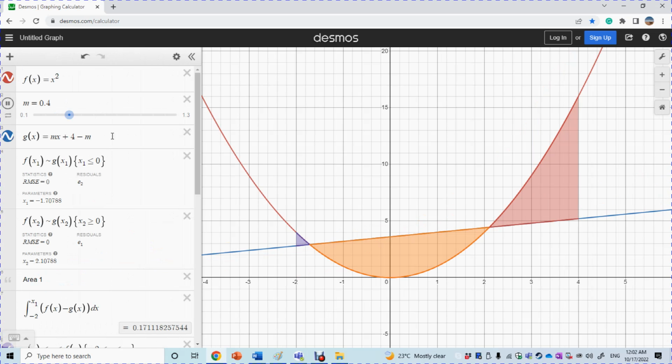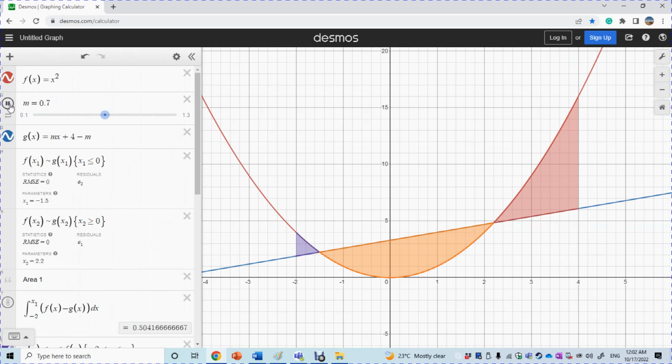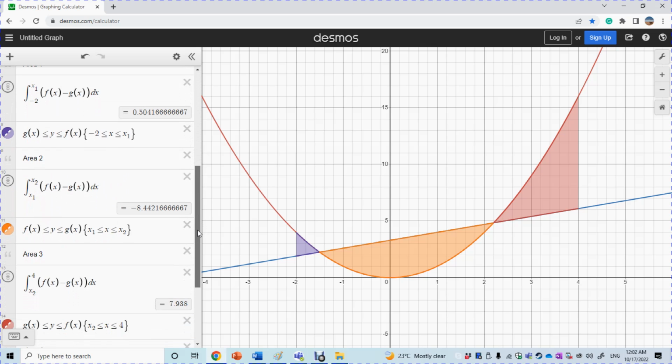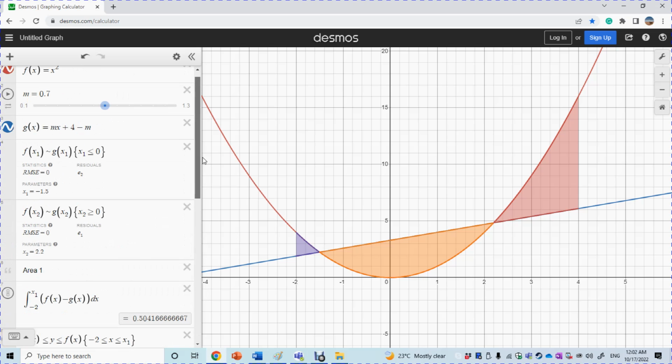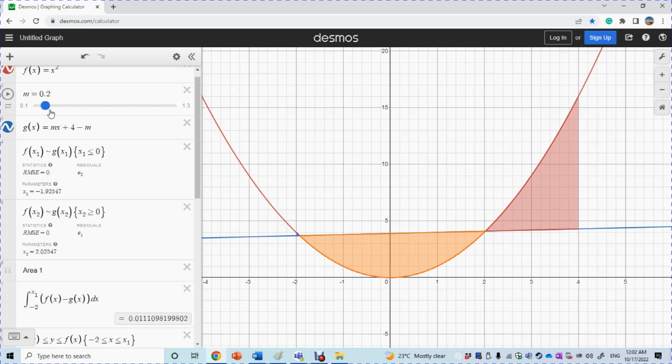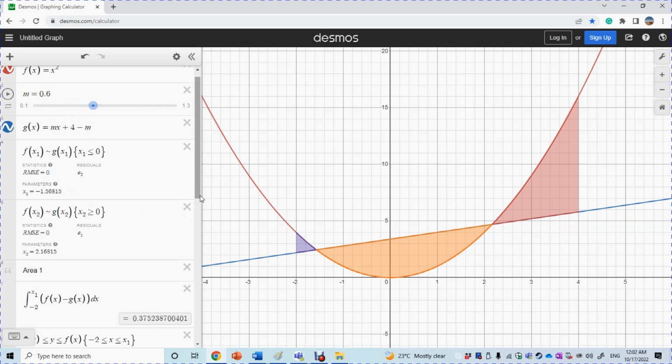All right, I think we've done it. So remember, how can you do it? First, you need to create a slide bar for m. Then you change your gx, the linear one, into the general form mx plus 4 minus m. Okay, then you can create the boundary area statement, like gx less than or equal to y less than or equal to fx, and restrict the domain for a particular area. Okay, then you can have a lovely Desmos boundary area graph, and you can get all the areas here by moving the slide bar, and you can get all the intersection points without doing